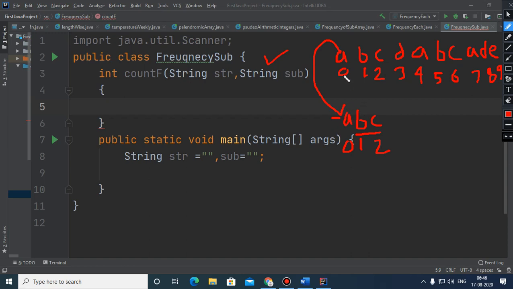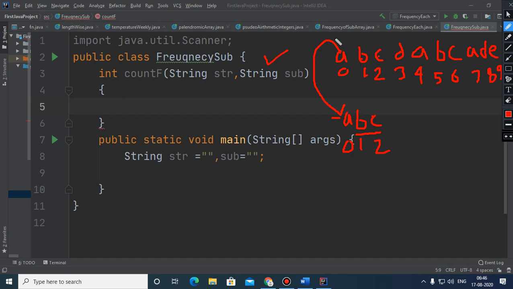Suppose A got matched with this A, then this B will get compared with this B, and then this C will get compared with this C. And if all these pairs match, immediately we will count that one time we have got the substring.